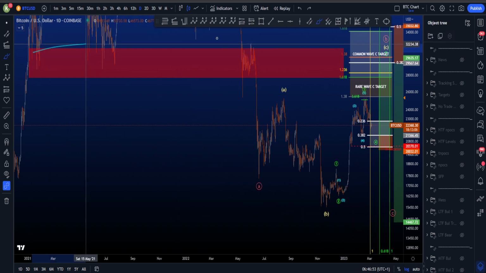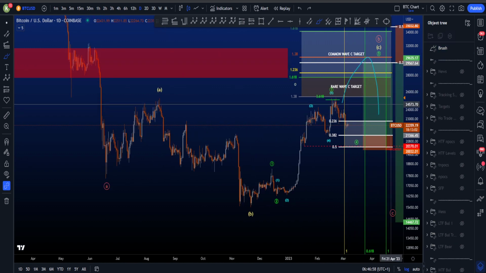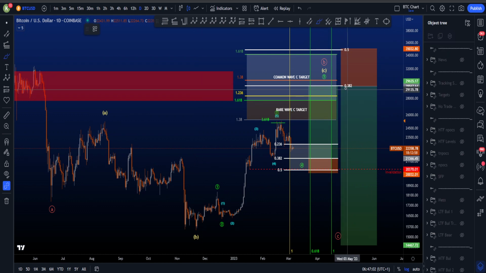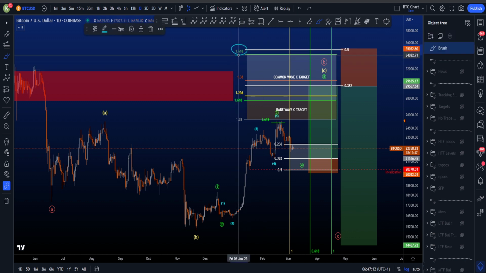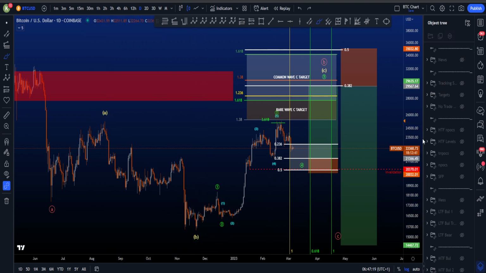Also nice confluence with this support area, then turning into very nice resistance, looking for a move to the downside, which is the second potential trading setup in this scenario, where entering about the 0.382 could be nice. Stop loss above over here the 0.5 and the 1.618 at about 35k, and the 1.618 is the maximum target